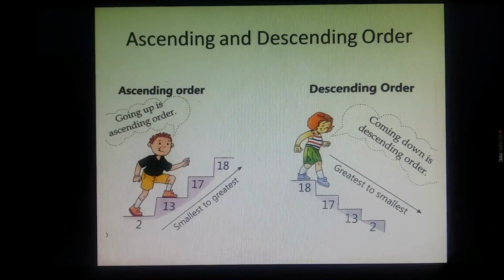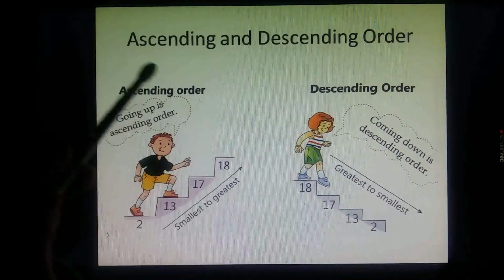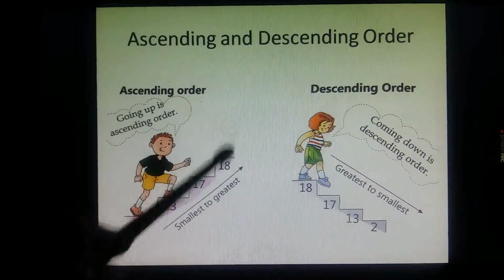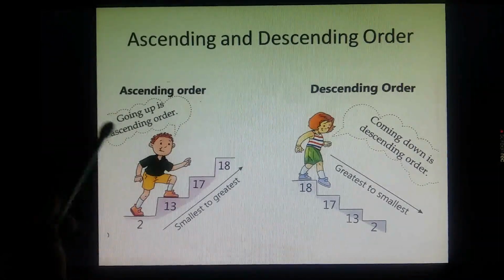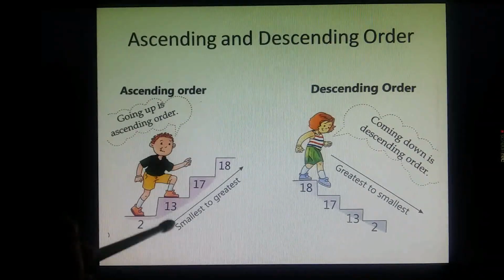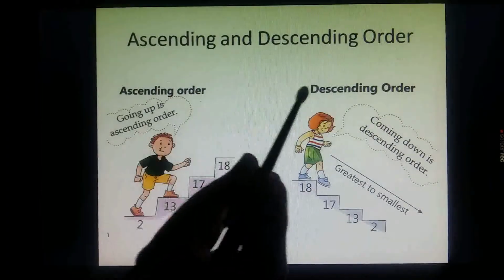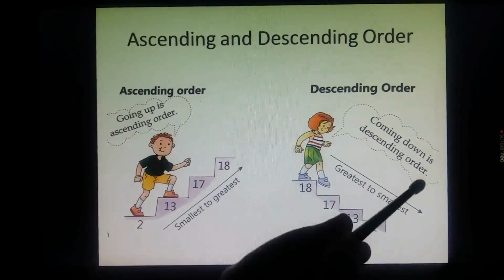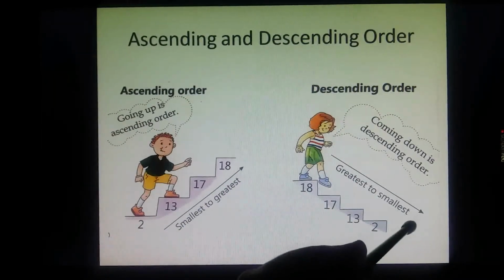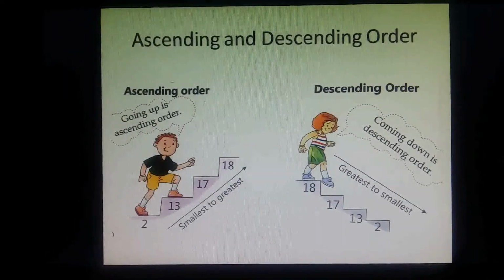Next topic is ascending and descending order. As you can see, ascending order means going up. So going up is ascending order. And another name of ascending order is increasing order. So going from smallest to greatest is ascending order and descending order is coming down. So coming from the greatest number to the smallest number is descending order, and another name of descending order is